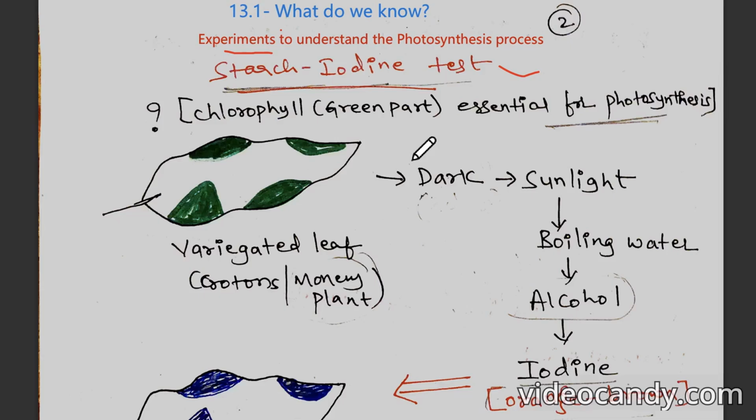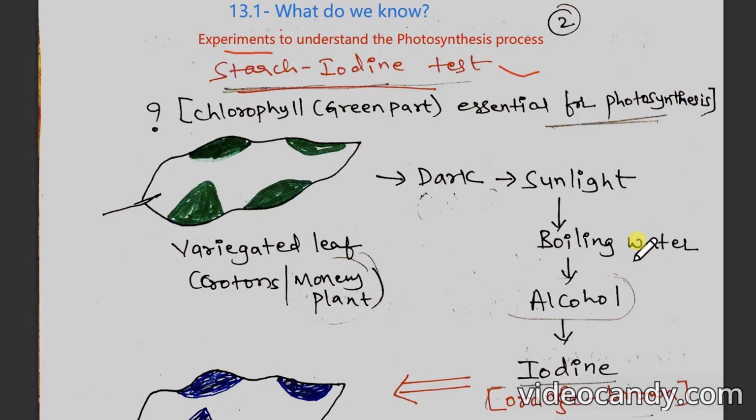To remove it from the plant, they kept the plant in the dark condition for 3 days. So there is zero starch now. Then later they shifted it to sunlight. After keeping it in sunlight for several hours, they took the leaf from that plant and they put